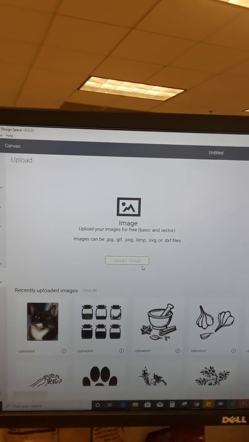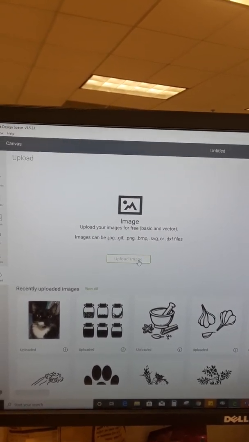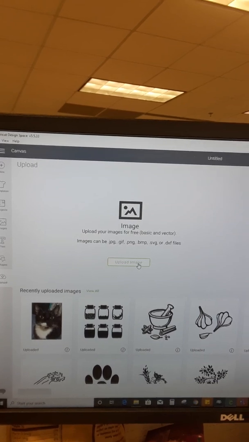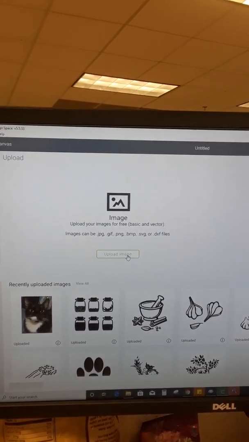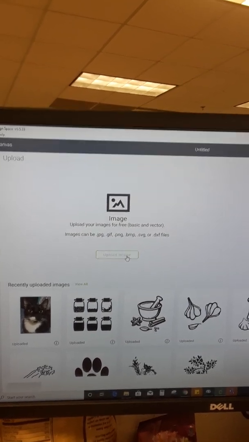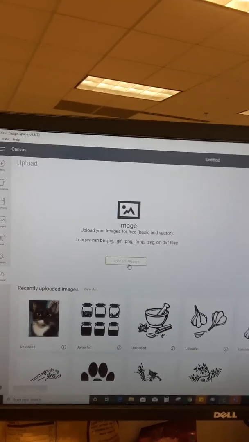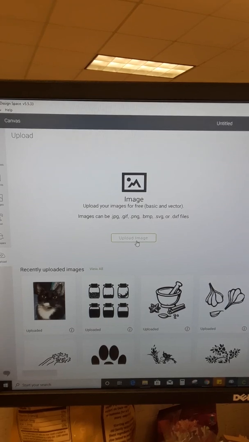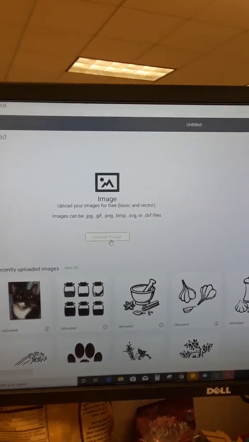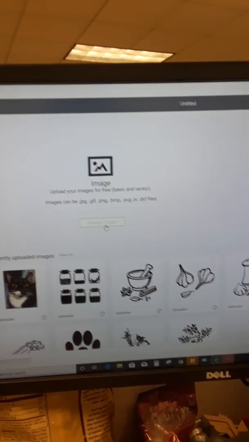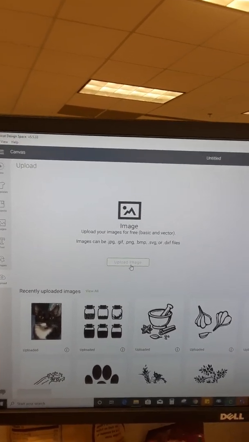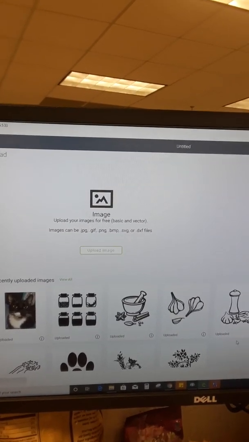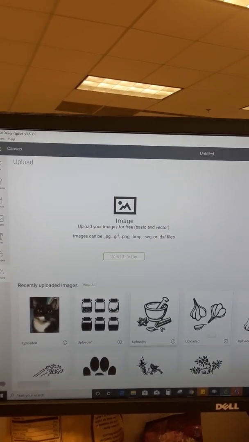Slice and play around with an image, especially for print and cut. It's going to be very similar on the app, and where it is different on the app, I should be able to mention something. So on the app, instead of just clicking upload image, you just click on upload on the bottom, and then it'll say select from uploaded images or select from photo library. If you don't have any uploaded images, like for example, these are my already uploaded images, then you would